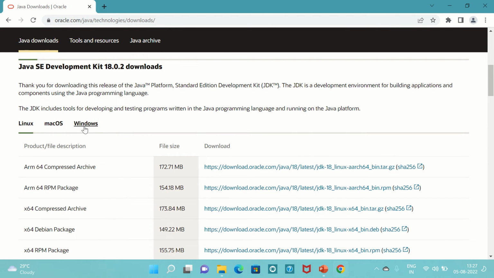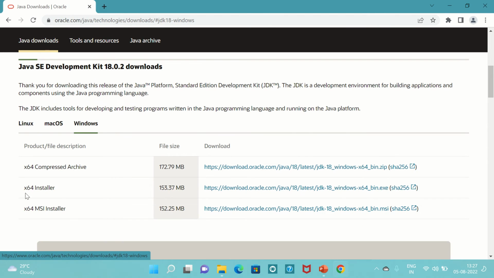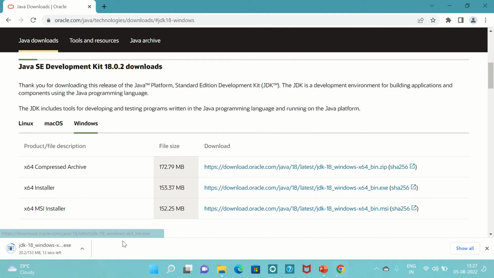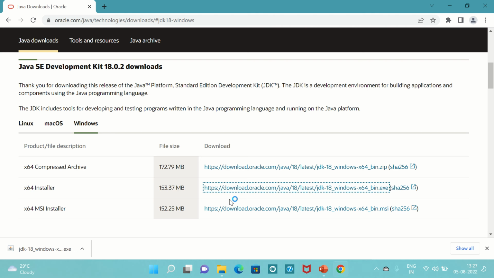So we'll click on Windows tab. Click on x64 installer. Click on this link. It is downloading. Once it is downloaded, click on this, click on yes,